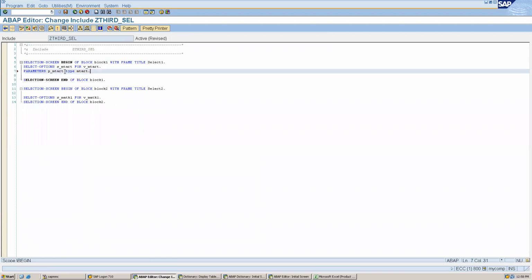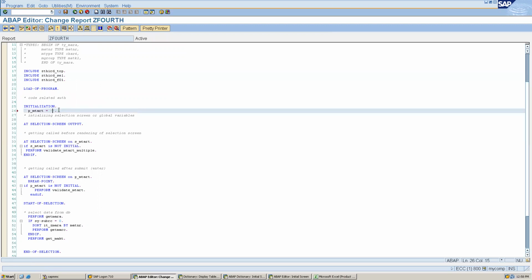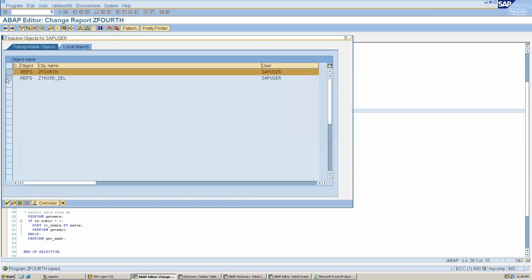I think PARAMETERS, checkbox. Okay, so this is the, like I want to create this particular parameter as a checkbox. As I have created this checkbox, what I can do, I can assign X value to it. Selected. Okay, and now let's activate this.